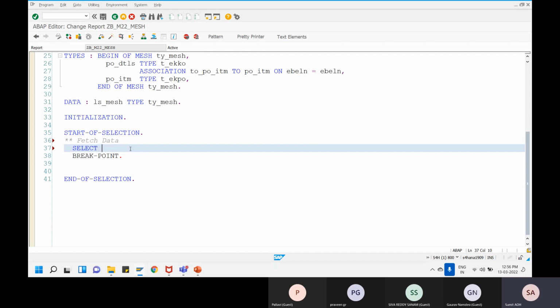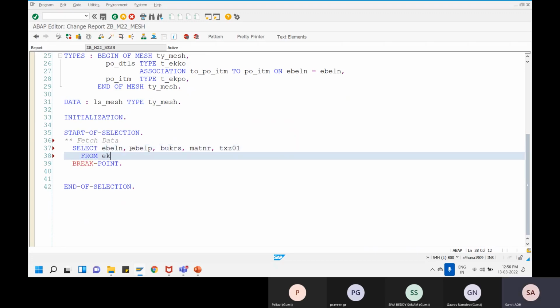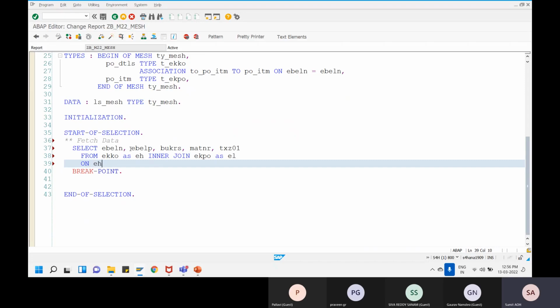So I'll just say EBELN, EBELP, BUKRS, MATNR, TXZ01 from EKKO as EH, and I'll be just getting the data from EKPO as EL and just joining it. I can say EBELN equal to,